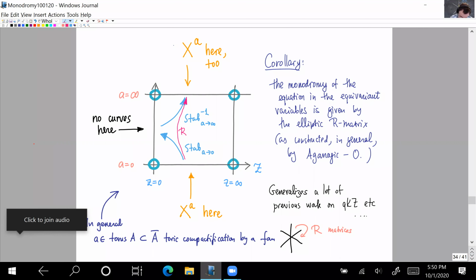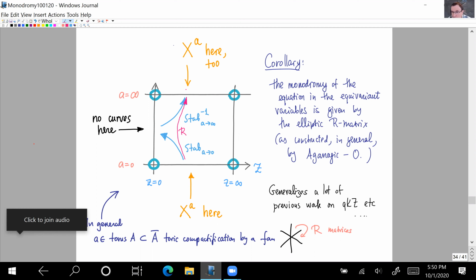current variable. I stressed a bunch of times that the monodromy is going to be a product of two things. We start with a equals 0. We do the pole subtraction, go to z equals 0. At z equals 0, we have no curves, so there's nothing to do. That means a very, very simple equation. There'll be some diagonal matrix corresponding there,